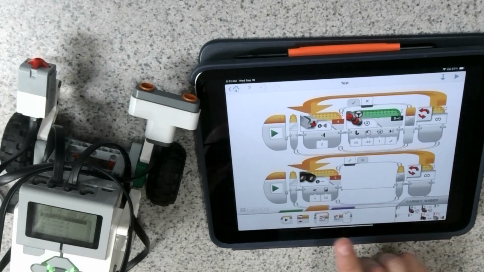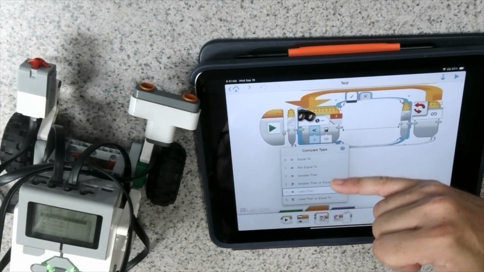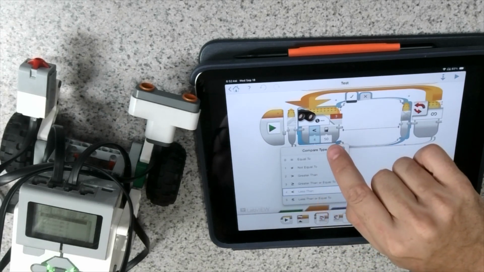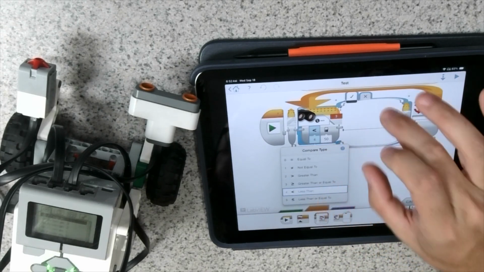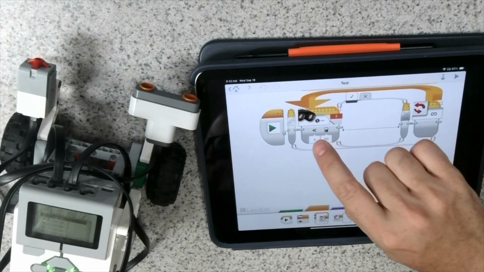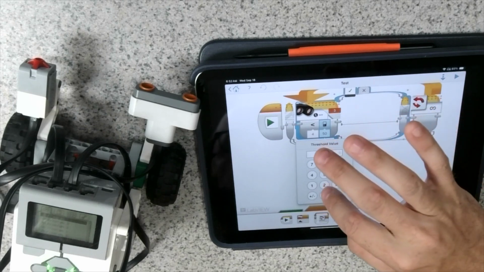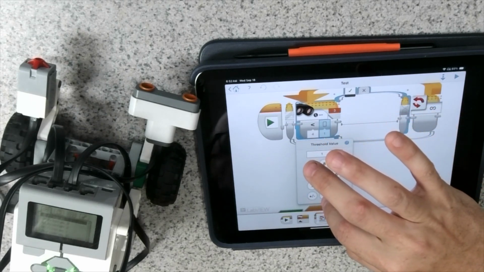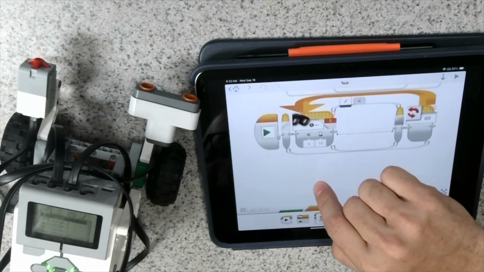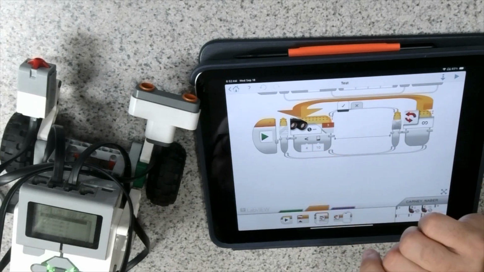Great. So now down here, we have a number 4. If I touch the number 4, here are our math functions. So if it is less than 50 inches, that's what we have here, I want you to do this. Otherwise, I want you to do this. So we're going to keep it at less than, but let's change this to, let's say, 10. Great. So if the ultrasonic sensor detects that it's less than 10 inches, what I want it to do, this will be fun,